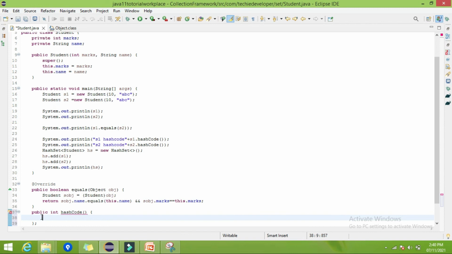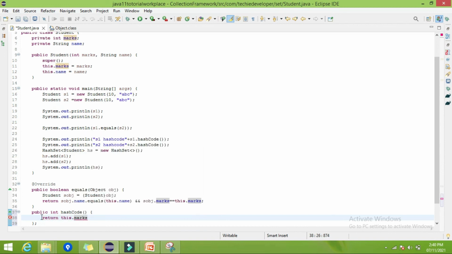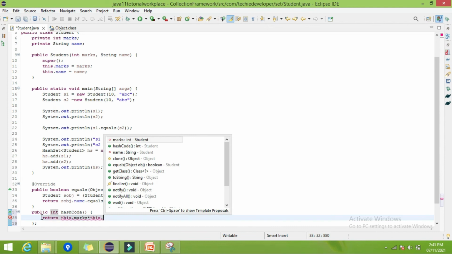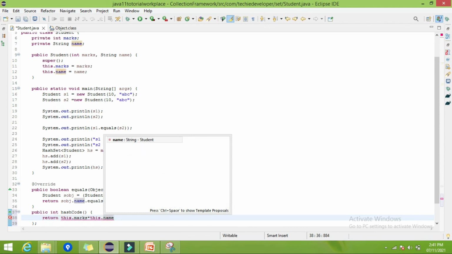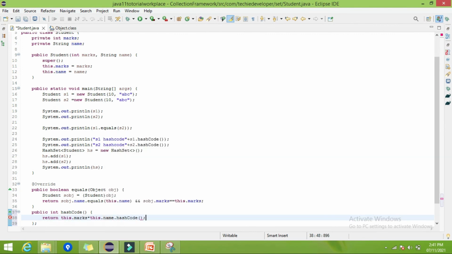So what I am doing: return, I will simply return this.marks as it is, multiplied by this.name.hashCode(). So whatever the hash code of the string name is, multiplied by the marks, that will give us the new hash code.